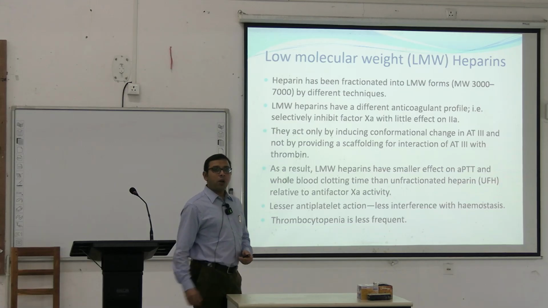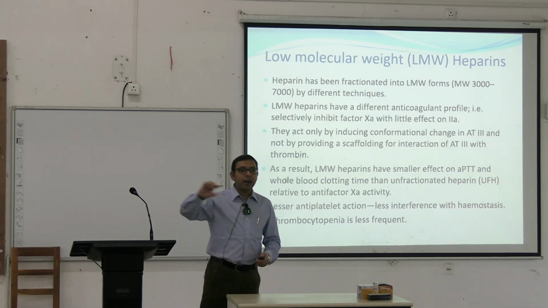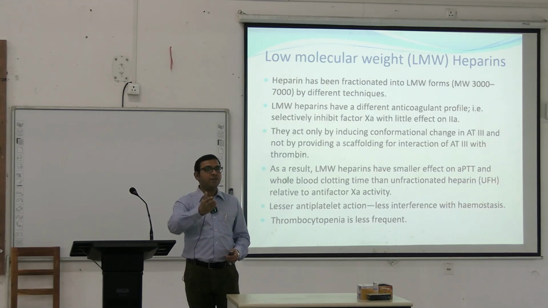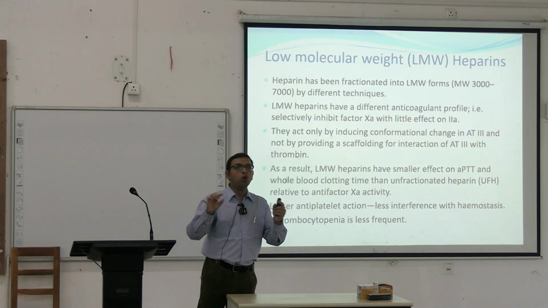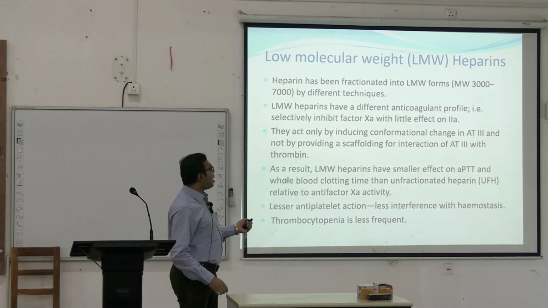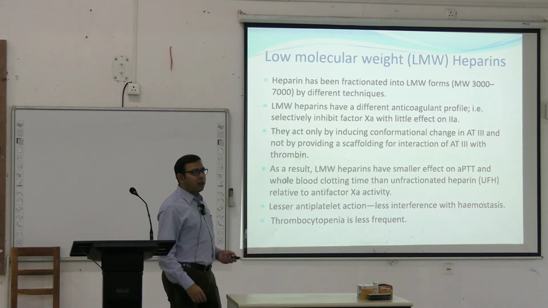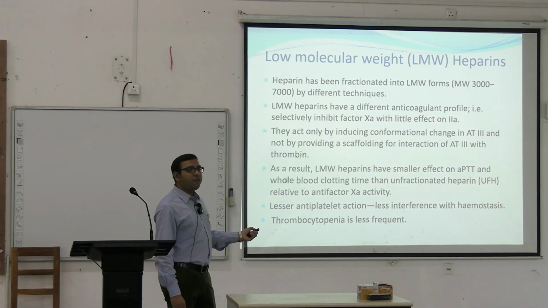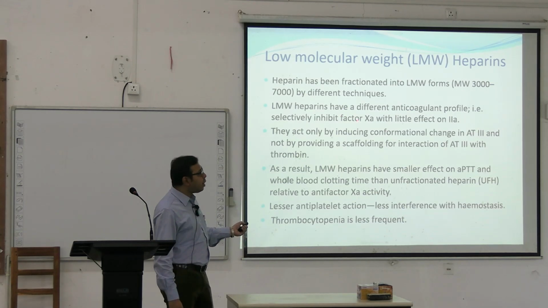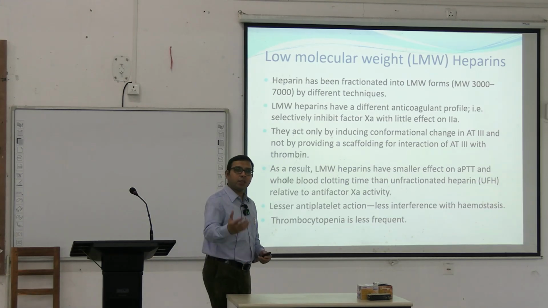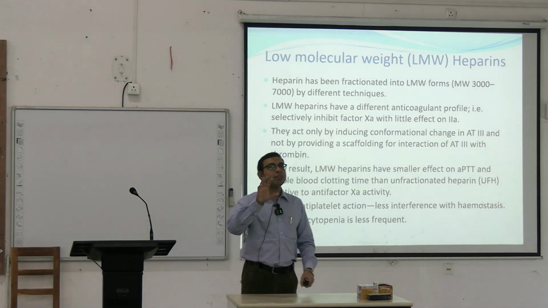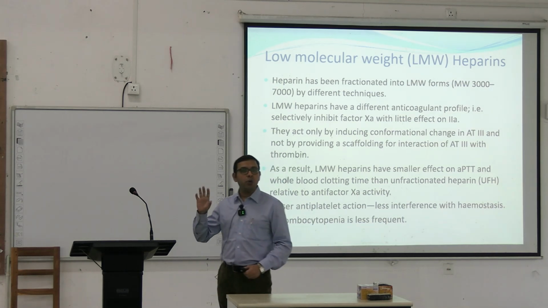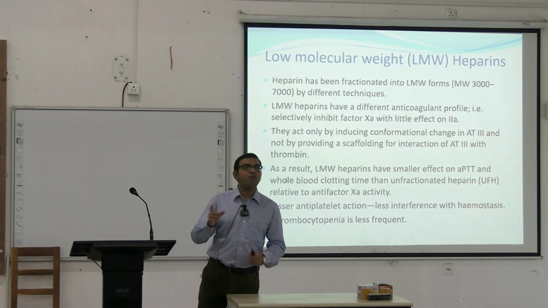Low molecular weight heparin, already I have said that unfractionated heparins are cleaved in the laboratory to form the low molecular weight heparin. So they are fractionated. Usually the molecular weight varies around 5000. They have a different anticoagulant profile that is they selectively inhibit factor 10A with little effect on factor 2A. Already we have discussed. So factor 10A is selectively inhibited by low molecular weight heparin because there is conformational change